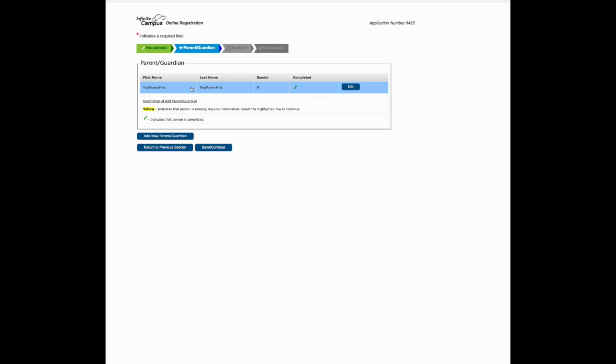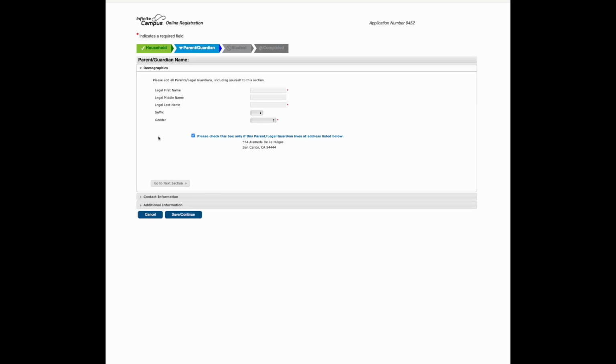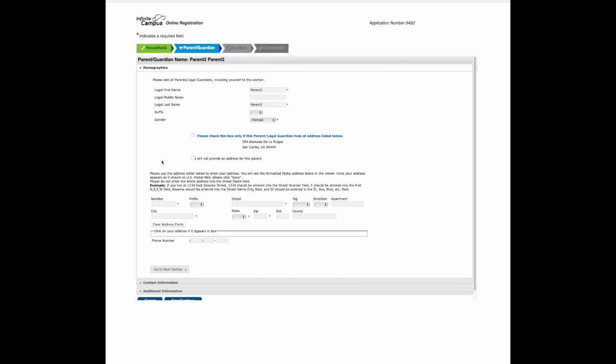If you have more than one parent or guardian in the household or outside of the household, you can click Add Another Parent Guardian here. That will take you through the same information. You can add a second parent here. If this parent lives at the address with the student, leave this box checked. If this parent or guardian lives at a different address, you can go ahead and uncheck that box and enter